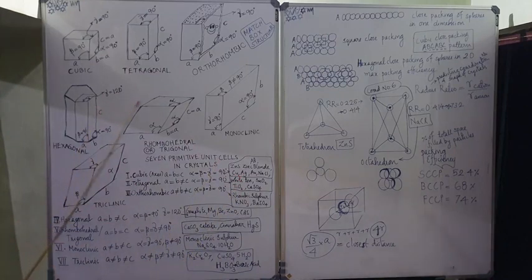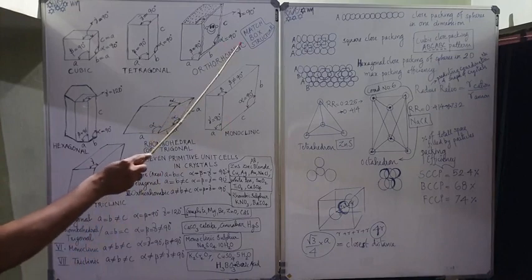The thing is, there are 7 primitive unit cells in the crystal world. These are the 7 things. First is the cubic thing. Each and every thing now, if it is asked in the exam to draw or something, a basic question which is asked in the